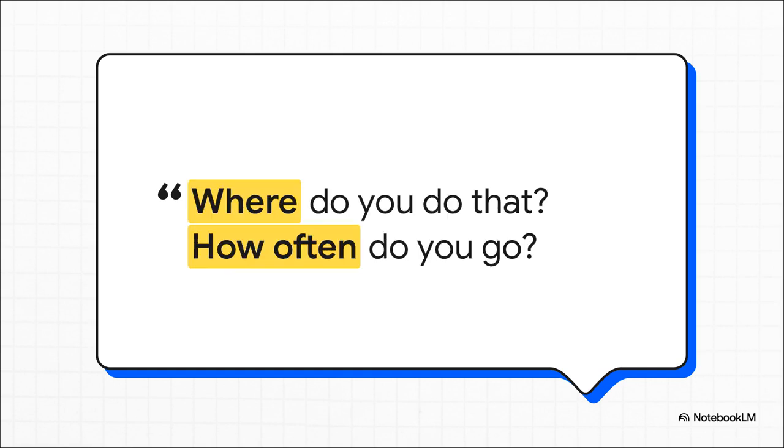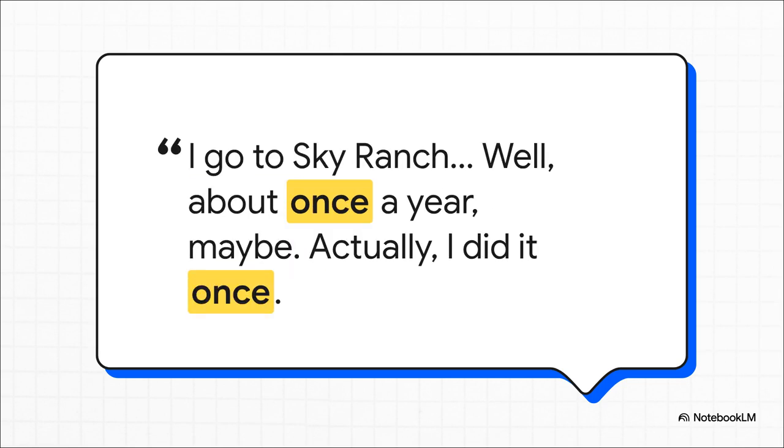But, a really good conversation doesn't just stop there, right? Check out how Jenny keeps it going with follow-up questions to get more details. She asks, where do you do that? Which is, Aina tafal dalik, and how often do you go? Or, kam maratan tathab. Asking questions like these is key to showing you're actually listening and you're interested. So George gives her the details, the location, Sky Ranch, and how often, about once a year.